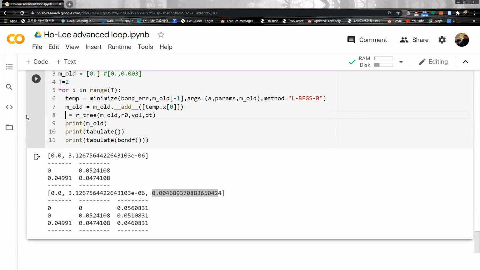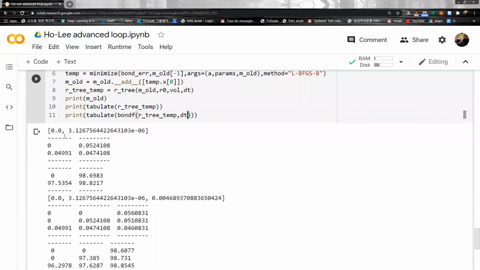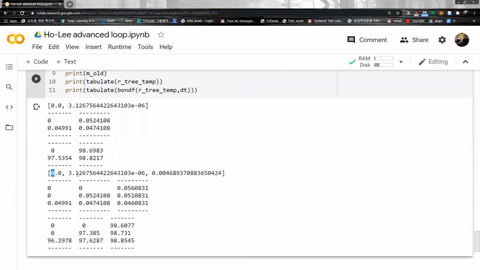Oh, sorry. Yeah, and then print out this one, and then this one and DT. Then here now we have drift term, we have interest rate, and we have bond tree,